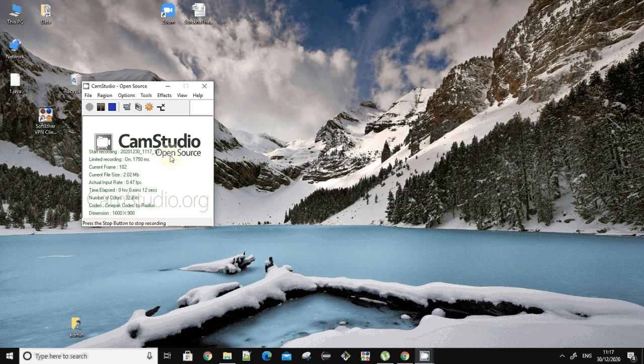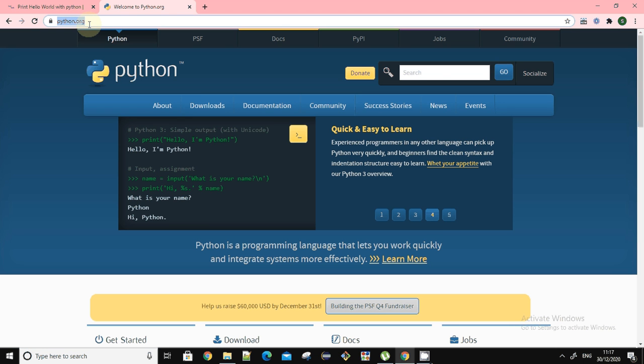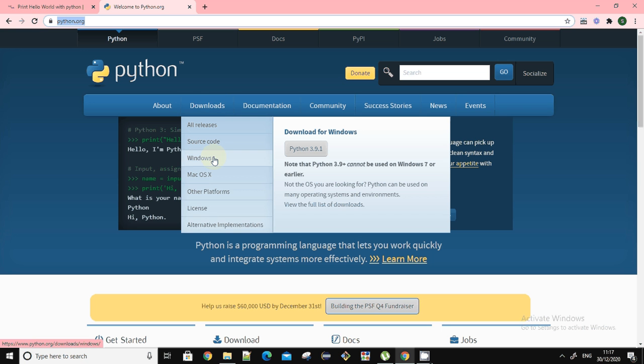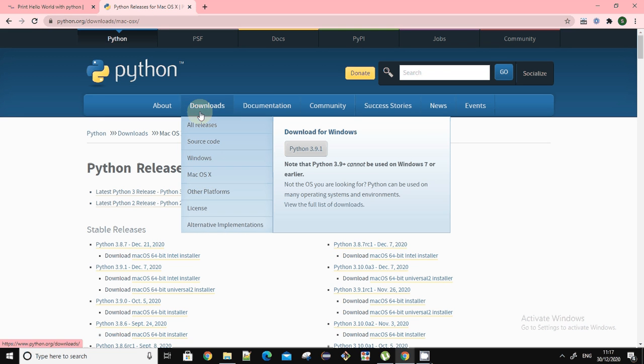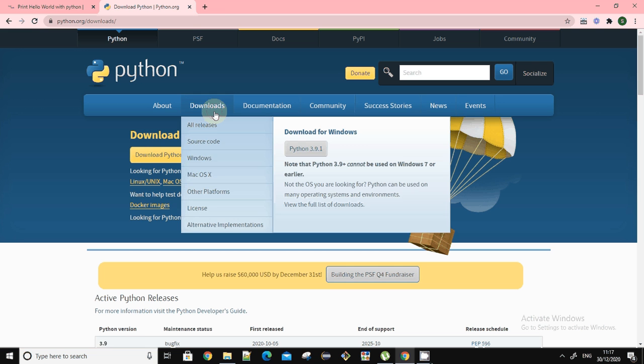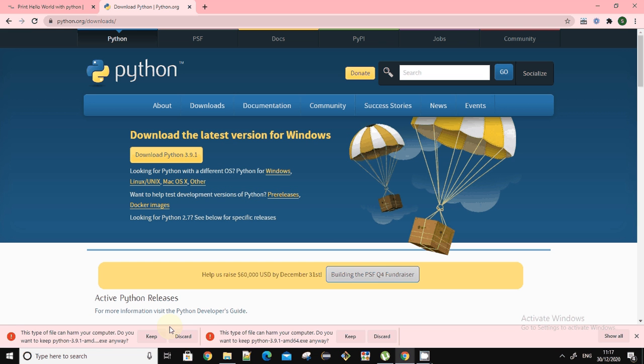So first of all, you have to go to python.org as I have typed here. Then you have to go to the downloads. There you can get the Windows option. If you are having macOS, you can go to the respective option. If you are using Windows, then go to the Windows tab, okay, downloads, and there it will show the latest stable version. If you click on Python 3.9.1 in Chrome, it will show you the option to keep it or